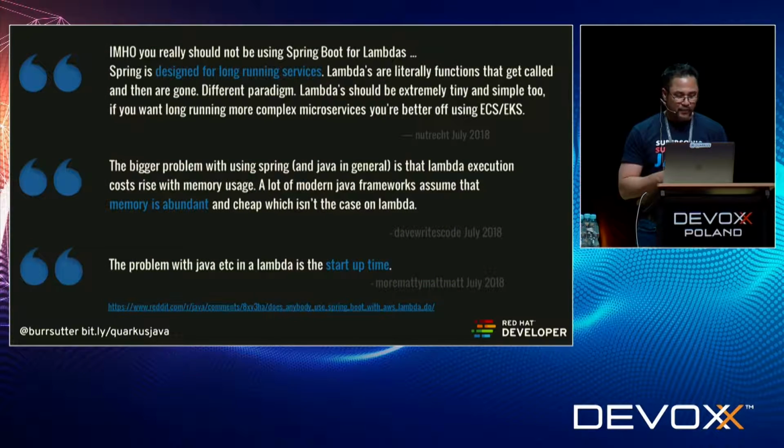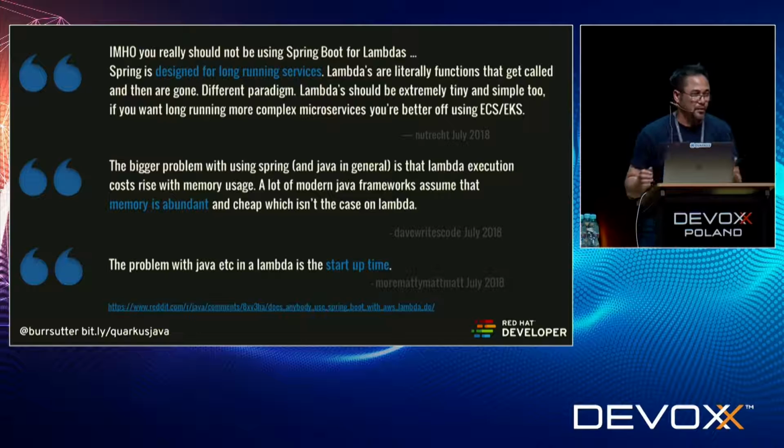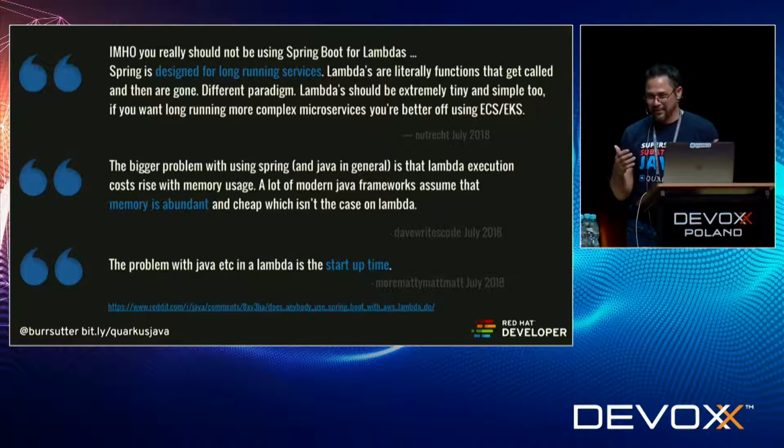Also, if you go out here into Reddit and look at this posting by, what does it take to run Spring Boot on Amazon Lambda? And I think this is very profound because basically people are saying, okay, it's not really Spring Boot's fault. You can't run Java in the cloud. You can't run Java with Amazon Lambda. It's just too big and slow.